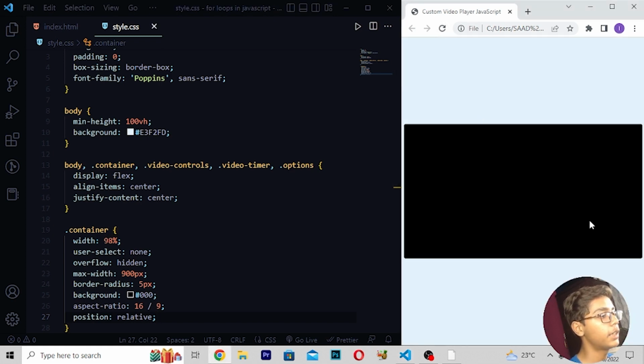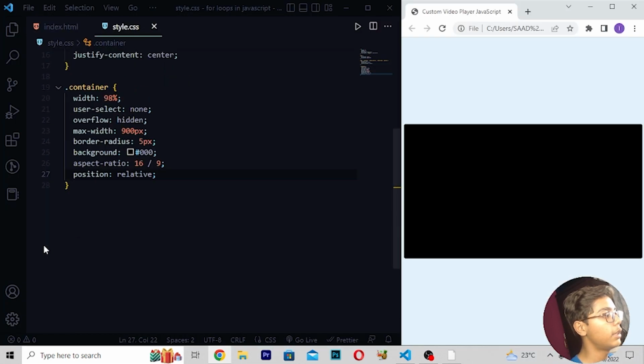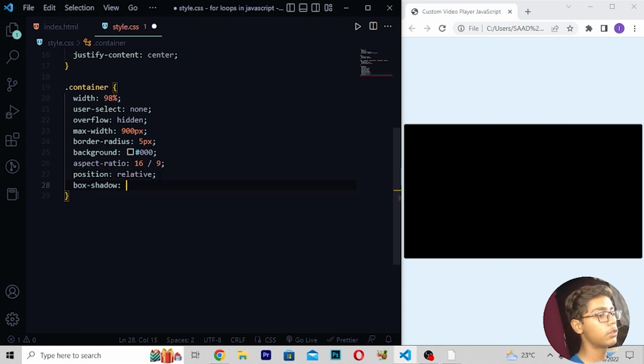So you can see now we are getting all this stuff here. Now if I show you, you can see this. Now I will be moving down and writing this tag like this. After moving down, I will be writing box-shadow, which should be 0, 10px, 20px, rgba. Here I'll be writing 0, 0, 0, 0.1. Then close this, move down, and after moving down, you have to do one thing.